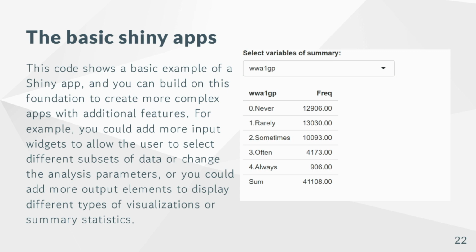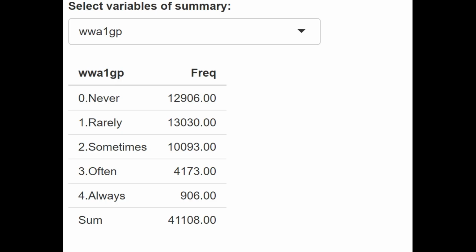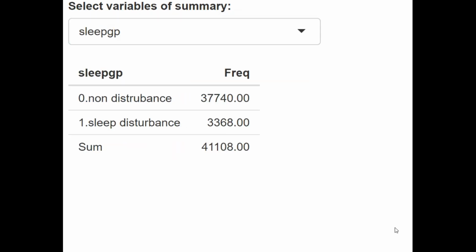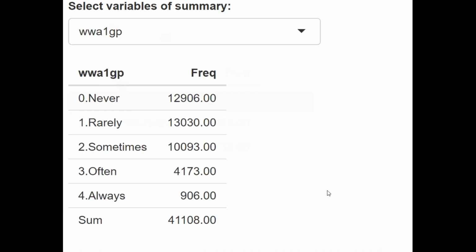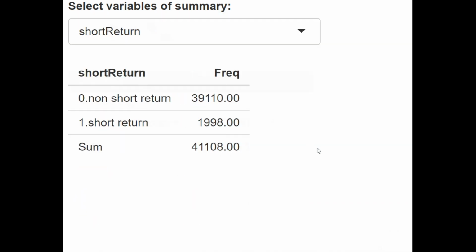For example, you could add more input widgets to allow the user to select different subsets of data or change the analysis parameters, or you could add more output elements to display different types of visualizations or summary